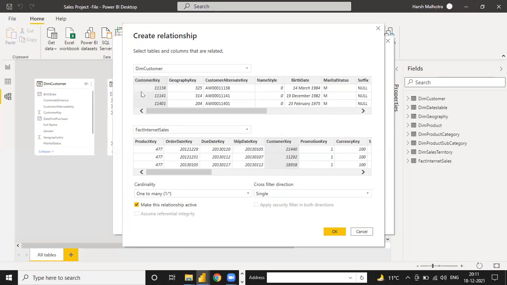And guys, if you connect dim to fact, then it is called one to many, and if you connect fact to dim, it is called many to one. So these two relationships are done, one to many and many to one. For one to many and many to one, you have to connect the relationship only from the dim table to the fact table. And guys, what is one to one?